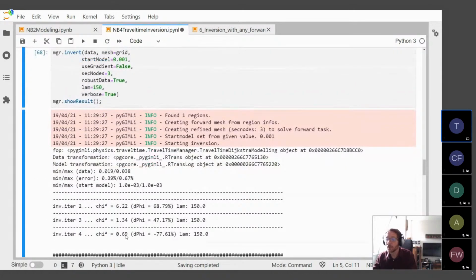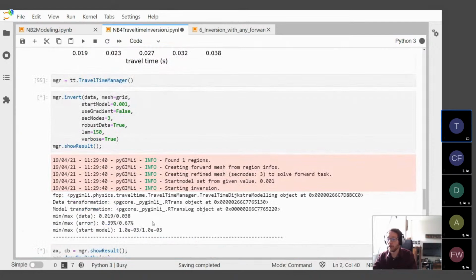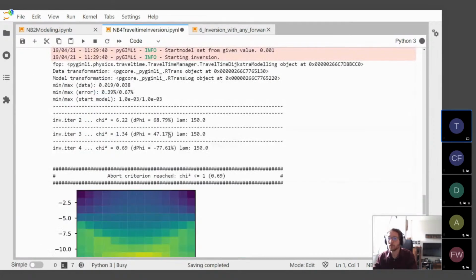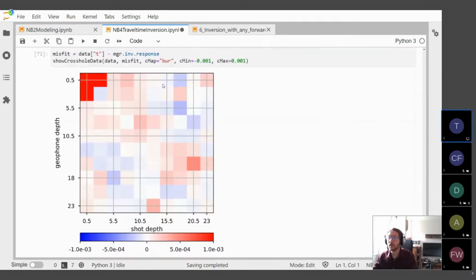So the chi-square is really very fastly going under 1. And if you look at the misfit, so if we look at the misfit, it is not too much decreasing, but this very single value does not remain. So apparently there's something still in the leftmost sensor, but otherwise the data misfit is really nice,